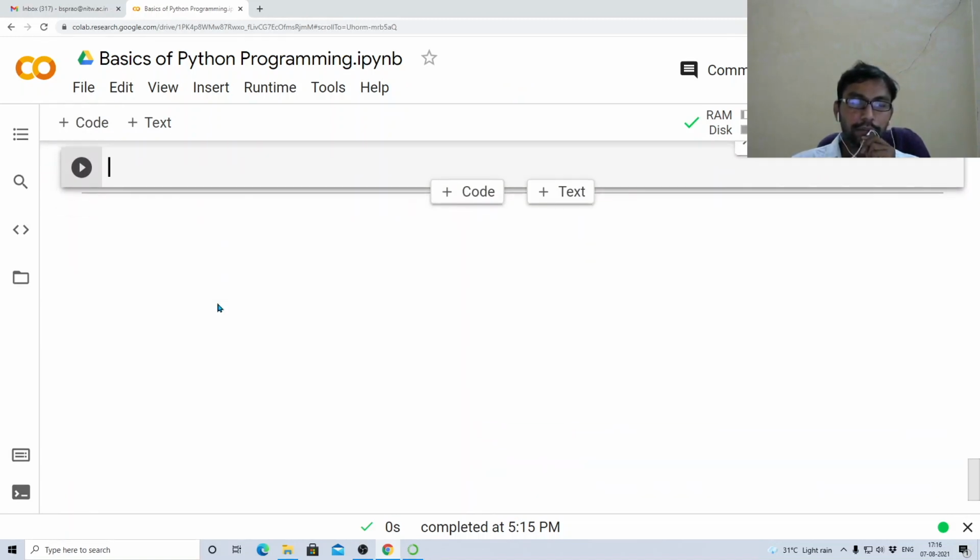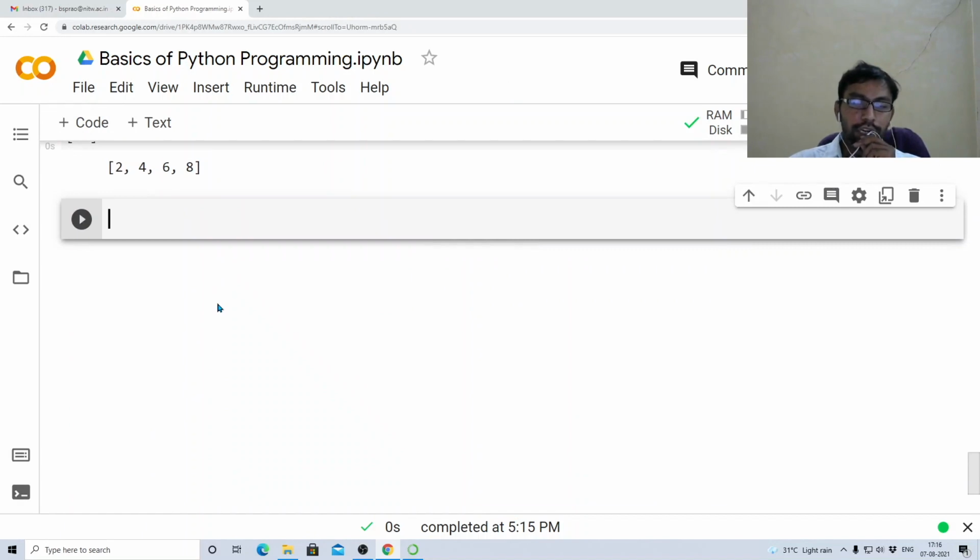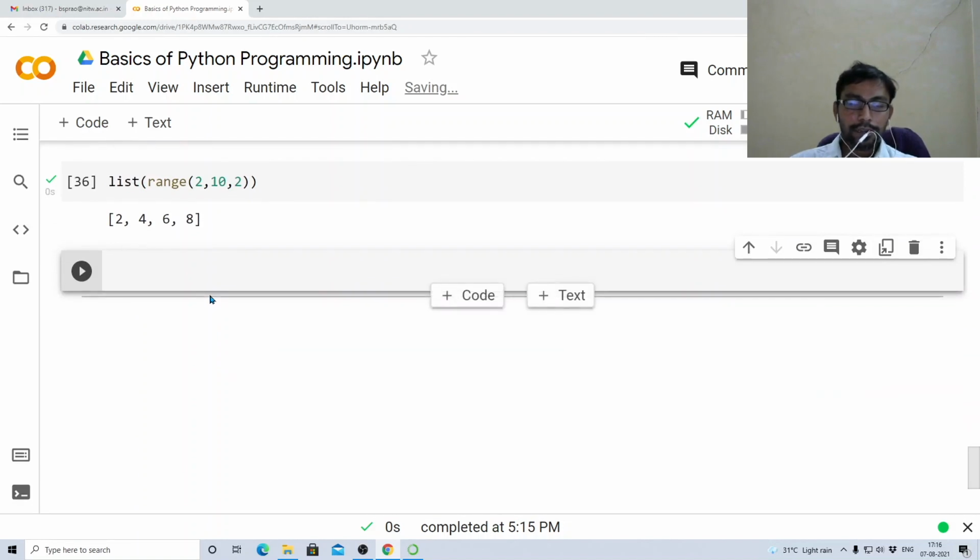Similarly, if you want to read input from the user, Python supports functions for reading input from users also. There is an inbuilt function called input.